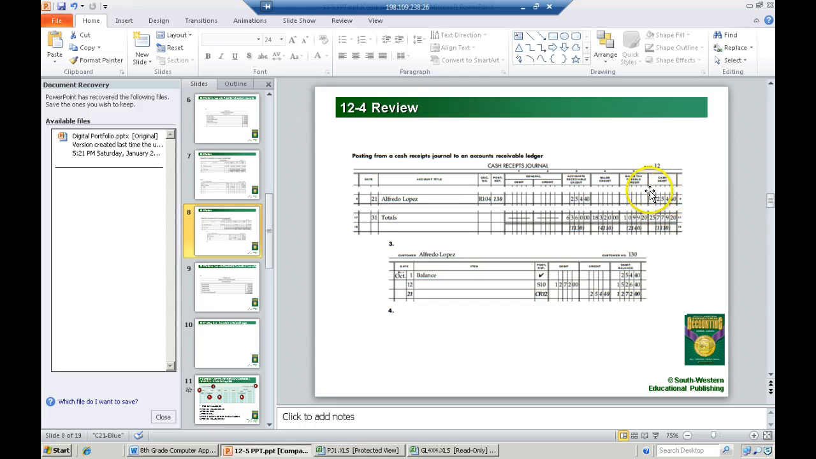Of course, cash debit in the cash receipts journal, there's always going to be an amount here too. That means that we're adding to our checking account, or we're adding to our cash account. So how we record this in an individual subsidiary